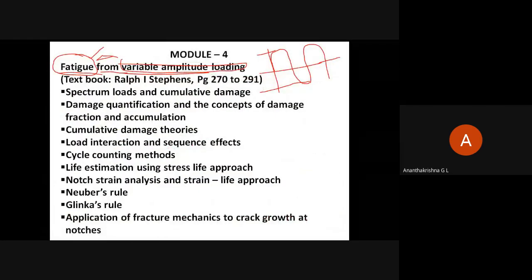Could you get the introduction part clearly? Any doubt in this? No, sir. You have studied vibrations in your undergraduation. I think your batch has studied mechanical vibrations in the sixth semester, correct? If you have studied signal monitoring and signal conditioning of machines, have you studied that chapter? See, module 5, condition monitoring of machines. There you will get all these things.